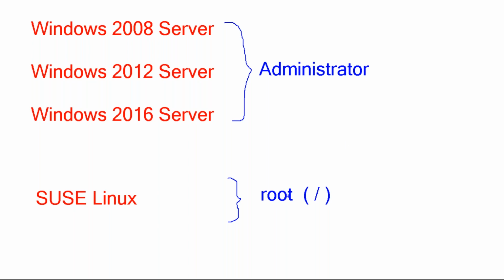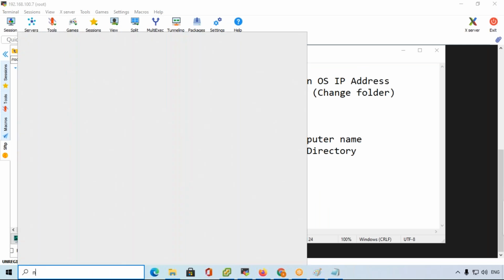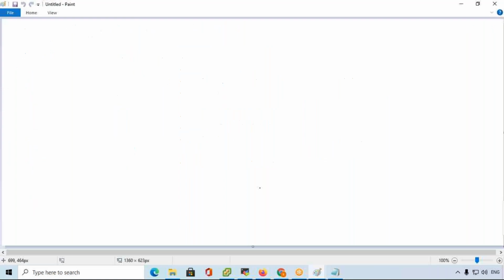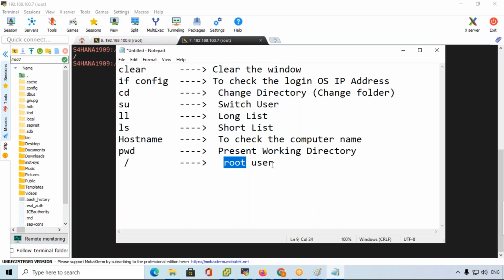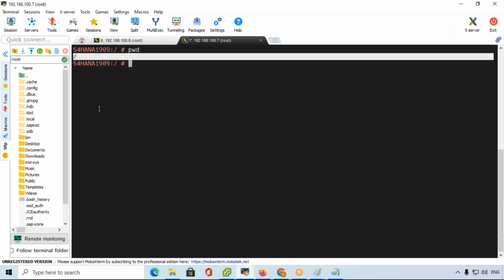Forward slash is nothing but root user. Forward slash means root user. At present we are in root user.